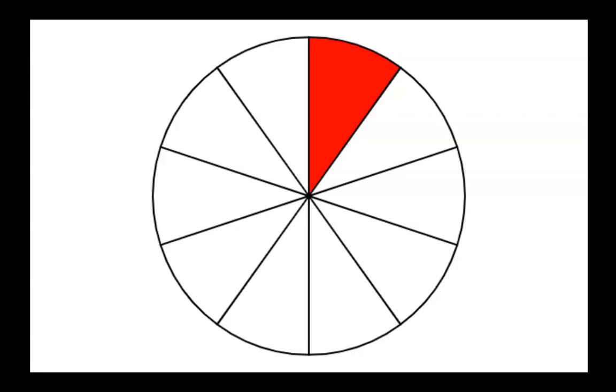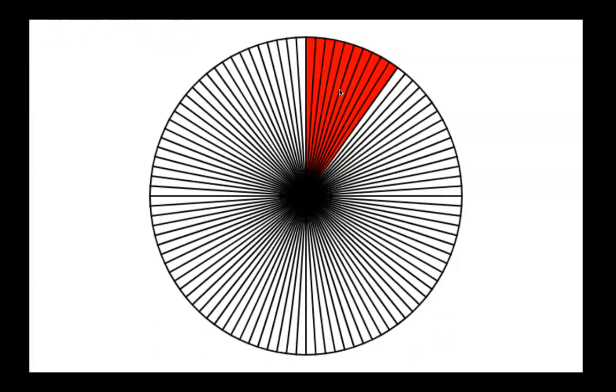What I've got there is a tenth. So how many wholes are there? Now remember, we're always going about pizzas. There's one pizza, I have a pizza, cut it up into 10 equal pieces, and I eat one of them. That's a tenth. Now, what happens if I take the same pizza and I cut it up into 100 equal